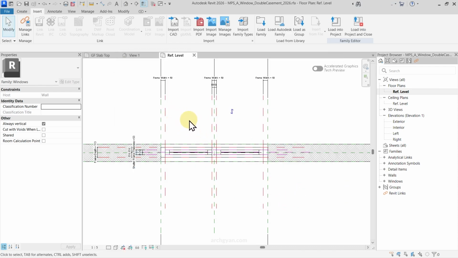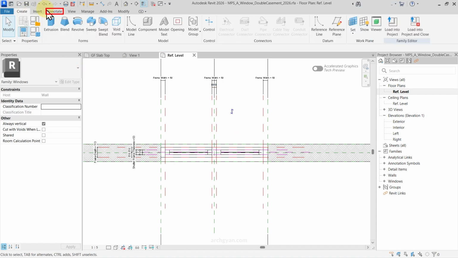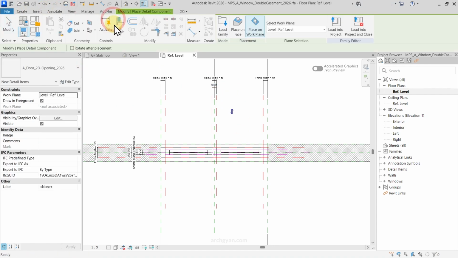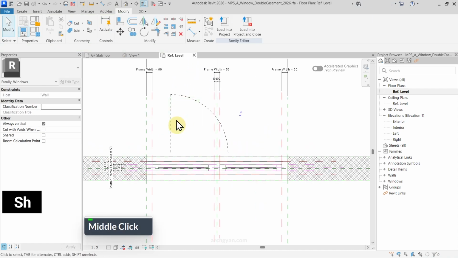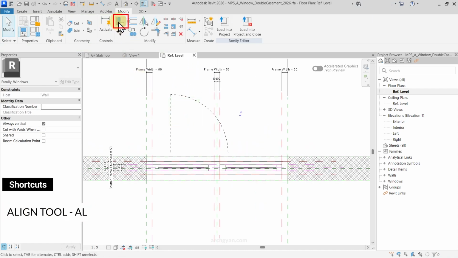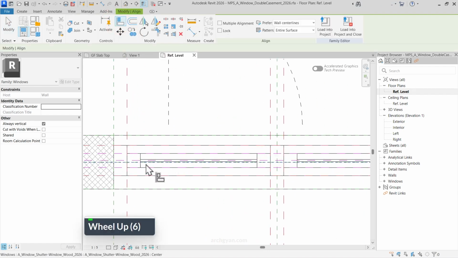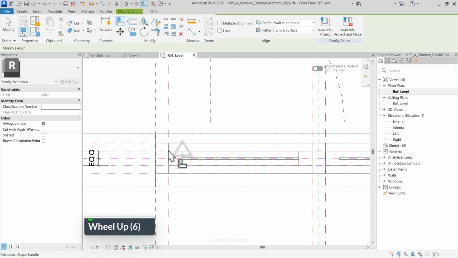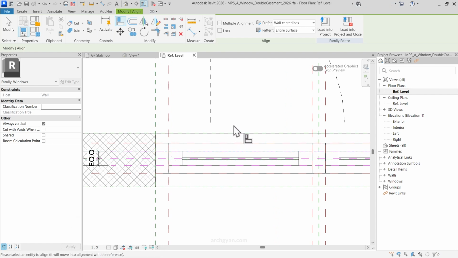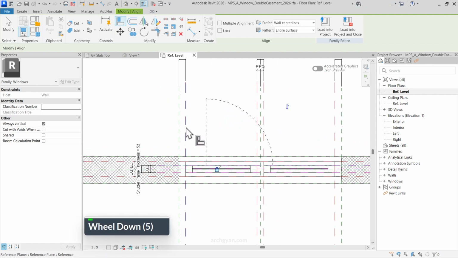Now we need to place this in our floor plan. So let's go to annotate and click on detail component, and now we can place this 2D file here. So let's use the align tool. Tap AL on your keyboard, or you can click on the align tool from your modify ribbon. And let's align this to the external side of the window. So I'm going to align it to this reference plane and lock it, and to this reference plane and lock